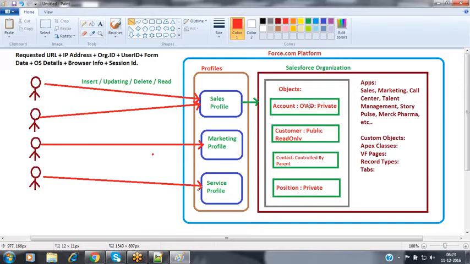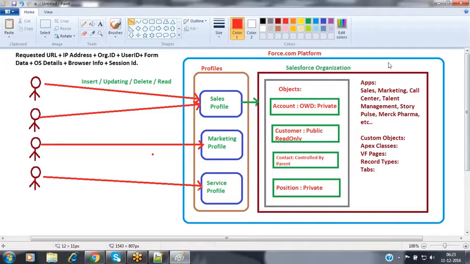Always, the profile is going to override the OWD. If the OWD is granting the full access, then the profile will control that access. If the OWD is granting a very basic level of access, then the profile will override that OWD and forcefully grant the full access. That flexibility is available inside the profile.